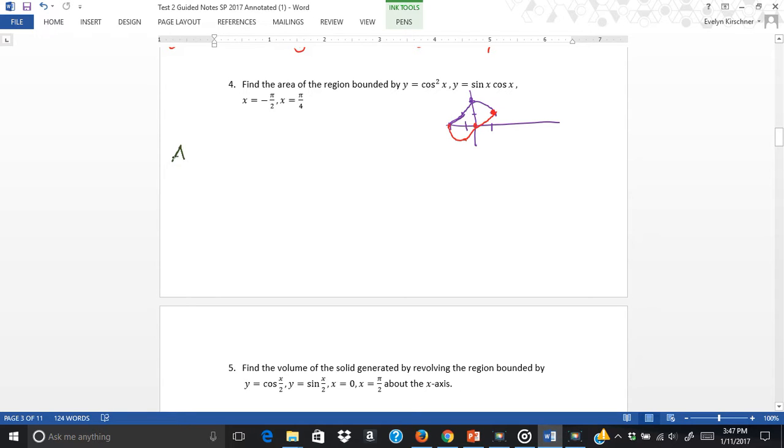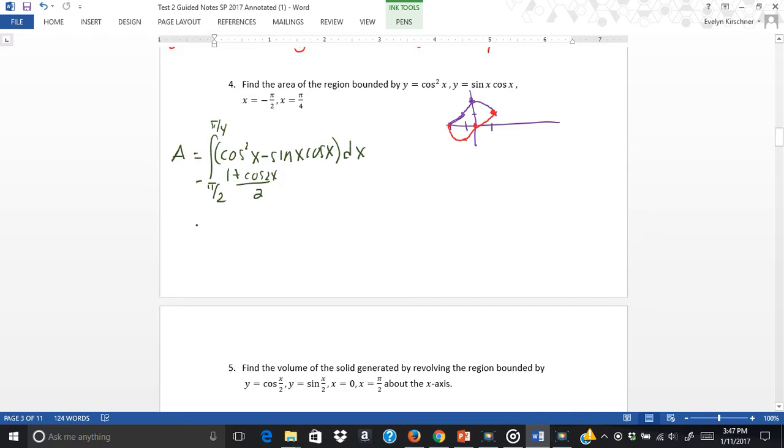So my area is the integral from negative pi over 2 to pi over 4 of cosine squared x minus sine x cosine x dx. For this one, I'm going to use that rule number 3. So I have 1 plus cosine 2x over 2 here. And this one is pretty easy to integrate because if I let u equal sine x, then du is cosine